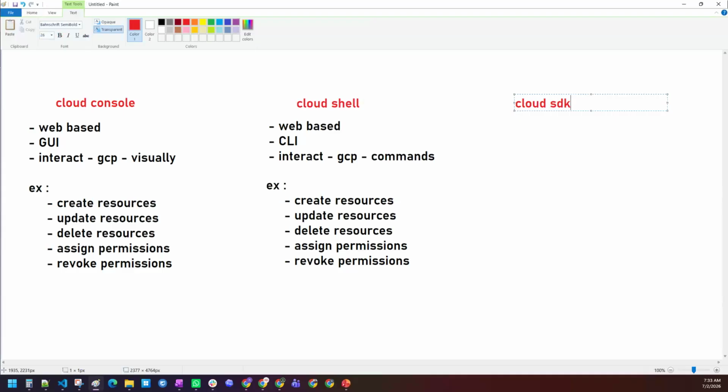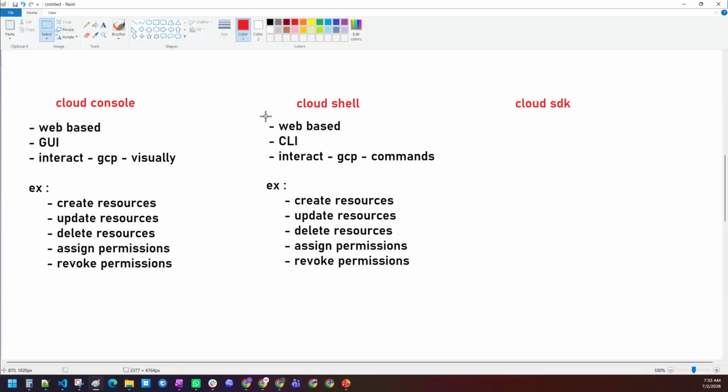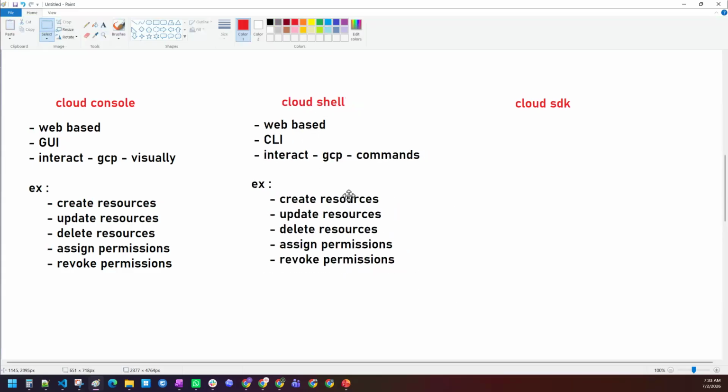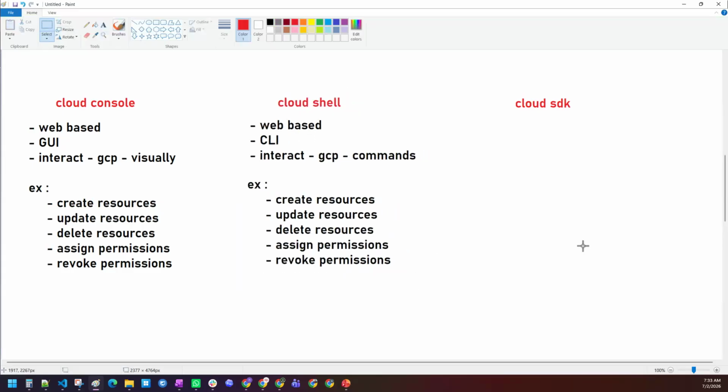So the third method to interact with the GCP services is Cloud SDK. Right, sir. So we have a console, we have a cloud shell, and the third method is Cloud SDK. Do not forget anything. Everything is important. Everything will help you crack the interviews.